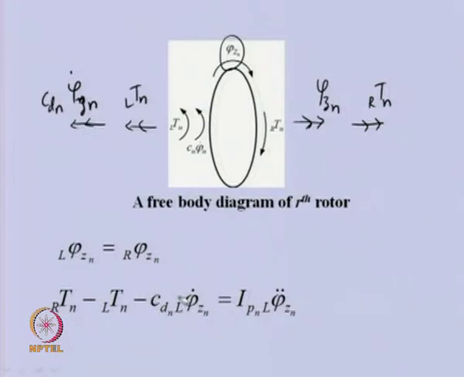Now, we can rearrange this equation. Because in this particular case we are dealing with, let us say, free vibration, whatever torque is there will have some amplitude. This amplitude is basically a complex amplitude, and the frequency of that particular torque is equal to one of the natural frequencies of the system, the torsional natural frequency of the system.